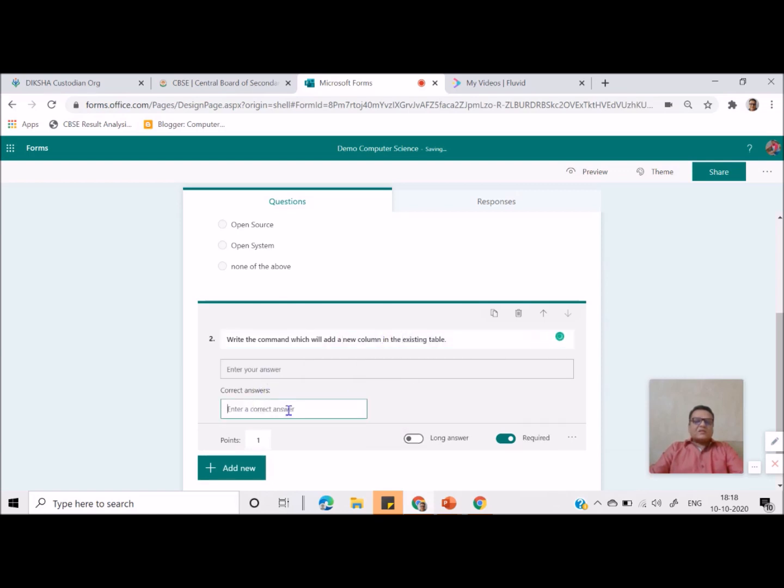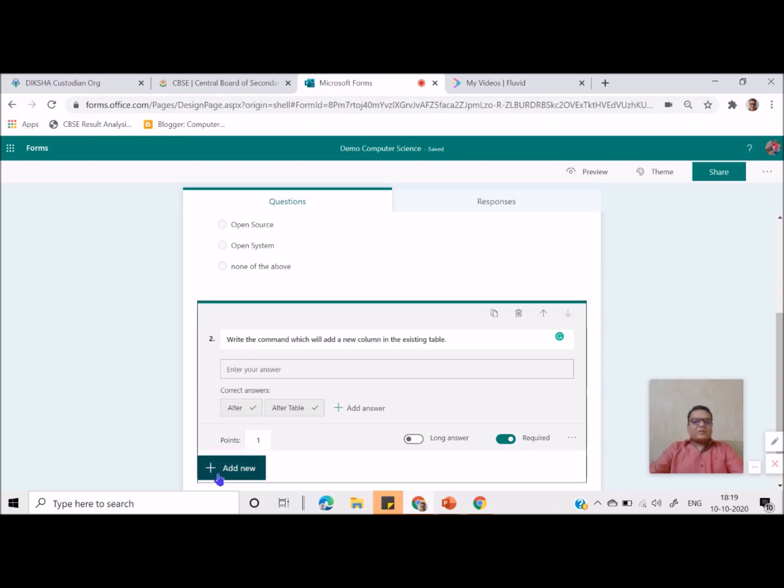So my answer is, let's say I write alter table. Now case sensitiveness will be checked automatically by the Microsoft form. But in case student write alter table, so I can add here another option of the answer. This is a major thing which I want to tell my learners that herein alter table can be added or any other way. If I start writing, let's say I'm writing in a small letter, it will not allow you to add because it's already there. So case sensitiveness will be checked automatically by the Microsoft form.